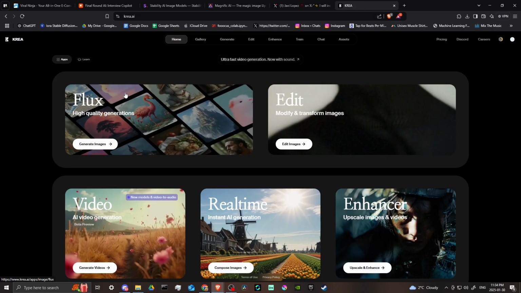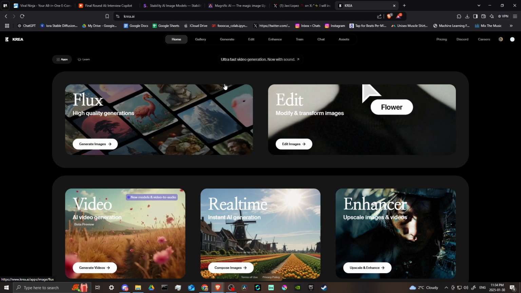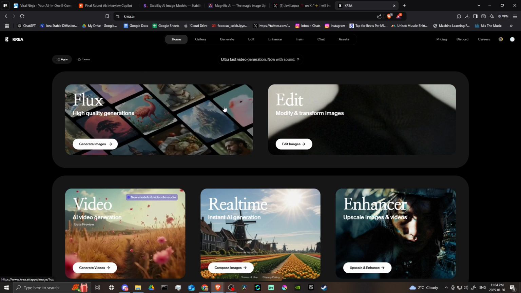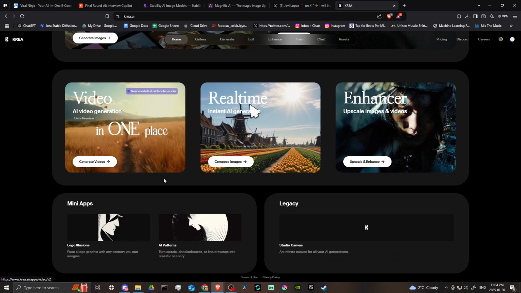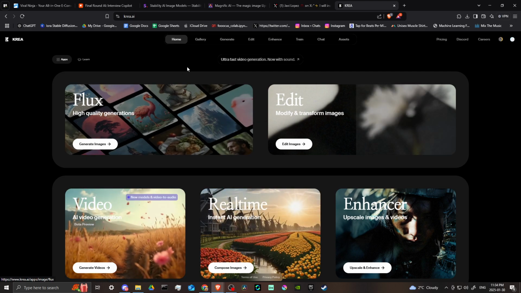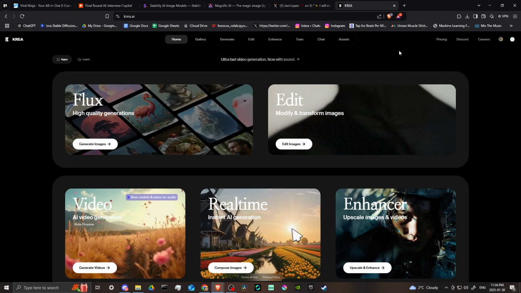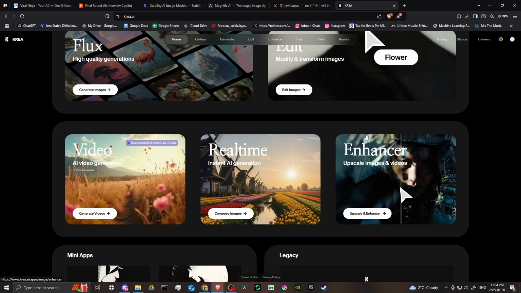So with Krea, you have a little bit more of a traditional platform in terms of image generation, and you have your upscaling as well. You've got video generation. You've got a variety of things. Krea is more like a full suite. It's similar to what you might find with Runway or with Kling or with a variety of other platforms that really give you all the tools that you might be looking for as far as AI generation goes. Krea is one of those, and it has some really nice